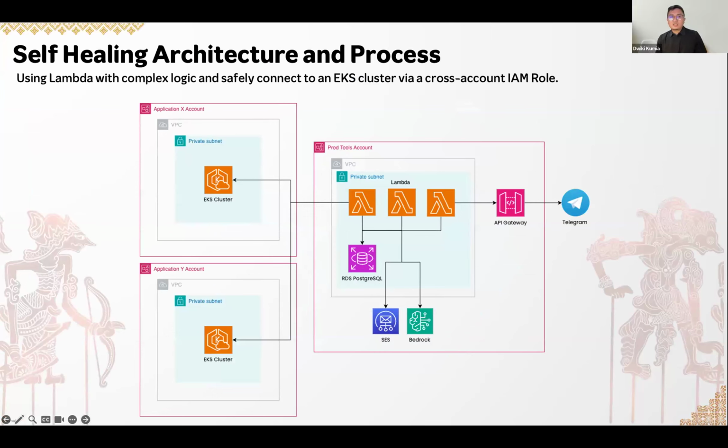Yeah, this is the self-healing architecture and process. Again, we are using a serverless architecture, using AWS Lambda as a serverless compute service to store the logic. In this architecture, the Lambda retrieves summary data from RDS PostgreSQL, which was previously generated during the incident case analysis. And when an incident or even issues occur, Lambda will call the AKS API or ECS API for self-healing actions. For example, restarting pods based on predefined rules.